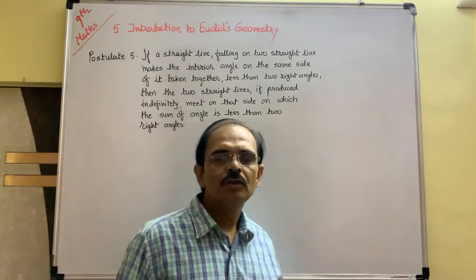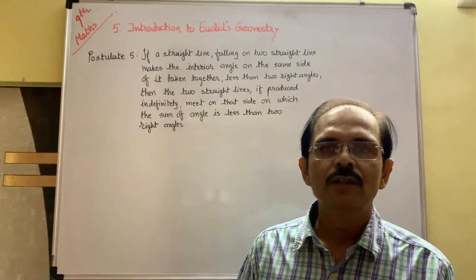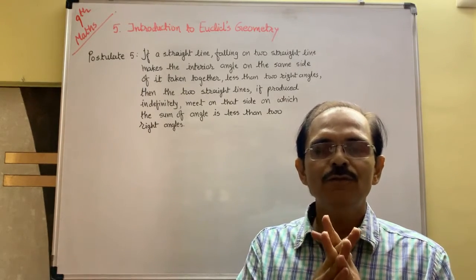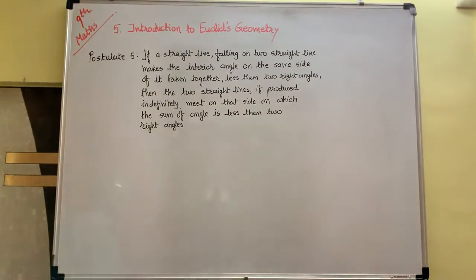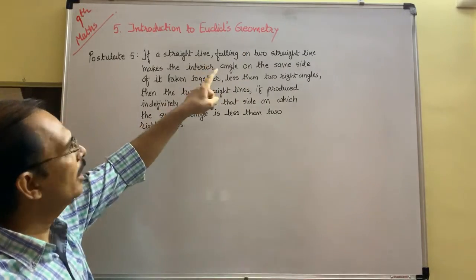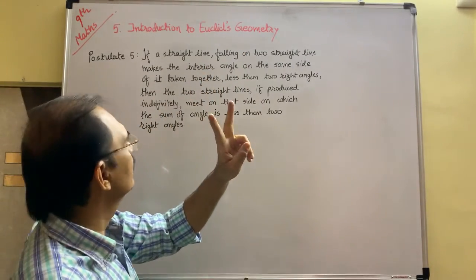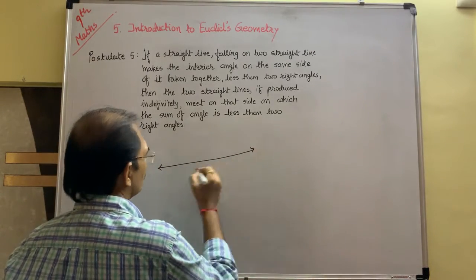Let us start with postulate number 5. See the length of postulate 5. You do not have to learn it, but you have to clear the concept. See, the concept is what? If a straight line falls on two straight lines, suppose one straight line is AB,